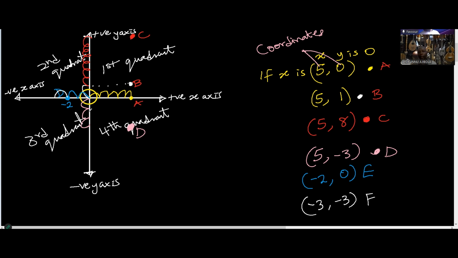Then y also goes minus 3. We already have minus 3 here, so it's on this particular place. So from x down, from y outward there. So the point is going to be point F, rather this one is point E. So this is point F. Okay, having said all this,